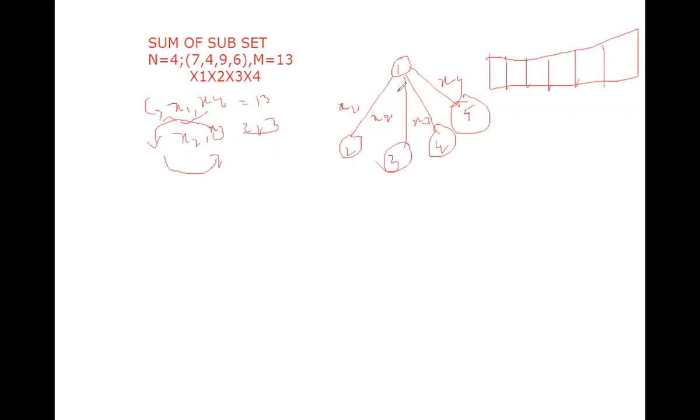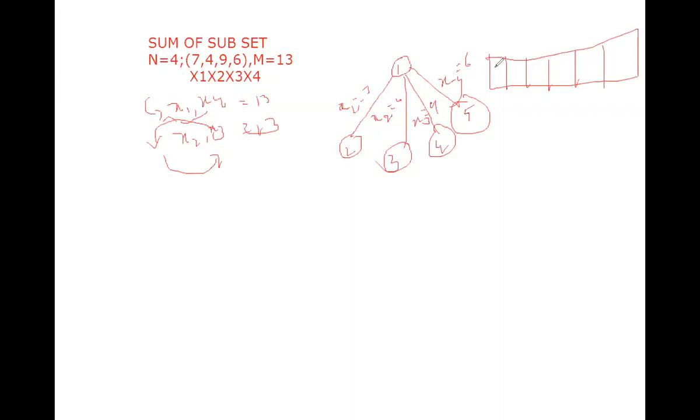So first we have the different possibilities. If you consider x1, the weight is 7. If you consider x2, the weight is 4. If you consider x3, the weight is 9. If you consider x4, the weight is 6. Where we are using BFS, once you have visited a node, you cannot move backwards. Just keep in mind, in branch and bound we cannot use the backtracking method. We move only in the forward direction.